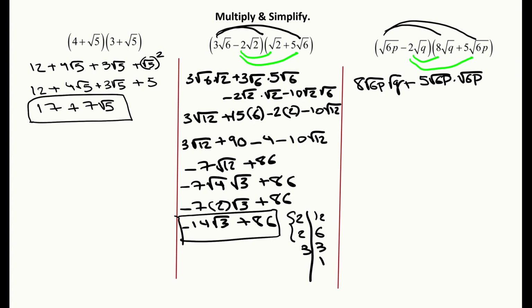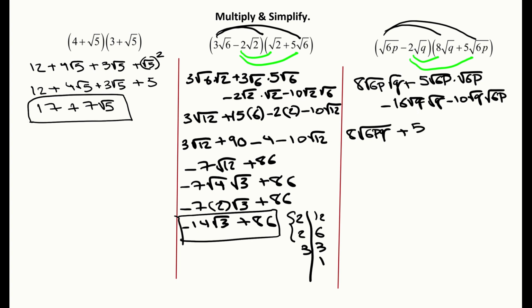Now we're ready to distribute the negative radical q, so we end up with -16 radical q radical q, and finally -10 radical q radical 6p. So now we'll clean this up. We notice that we have 8 radical 6pq plus